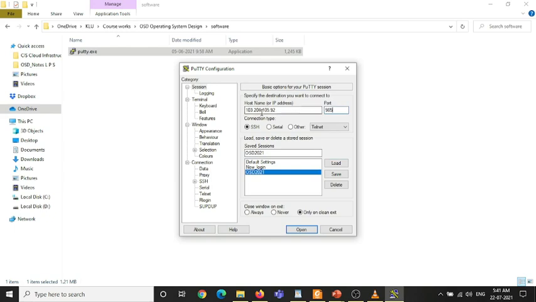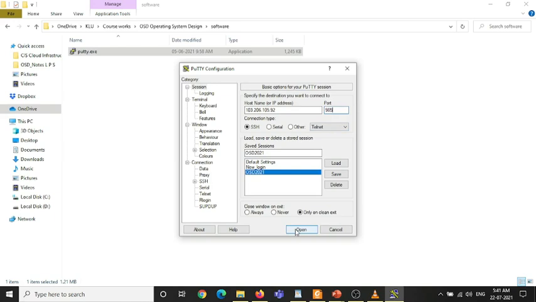After this, for connection type you select SSH, and for close window on exit, you select only on clean exit. Then after selecting everything here, click open.